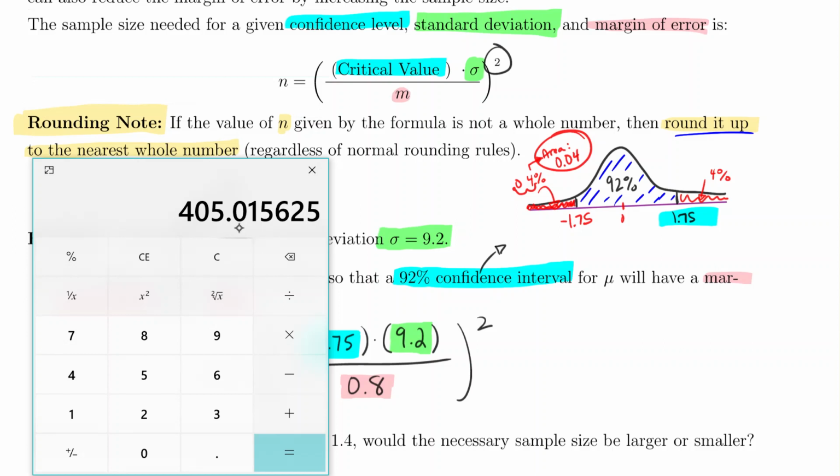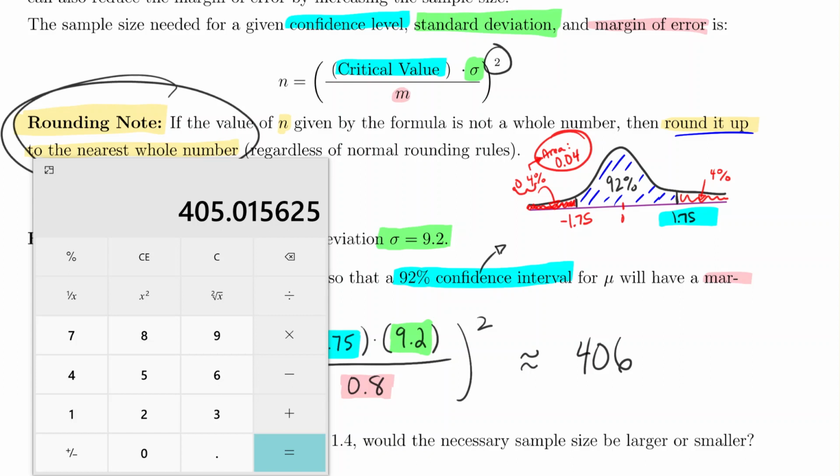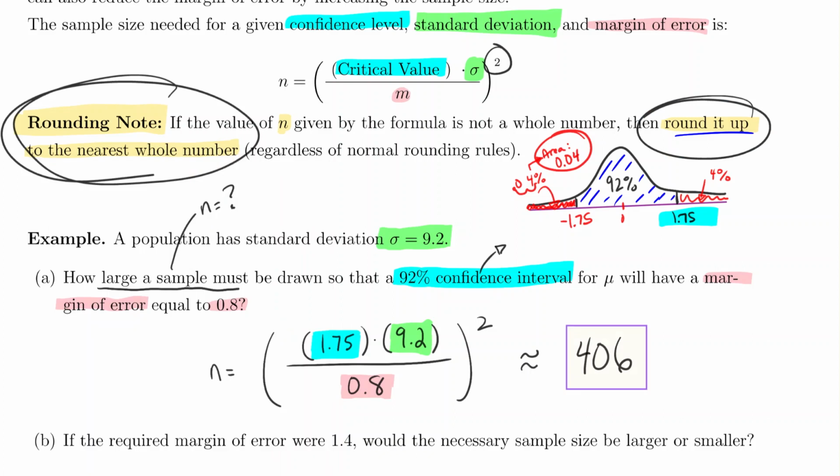So it's not currently an integer. So instead of 405, even though it's closest to 405, I must round up to 406. And just to make sure the point is clear, it's not 406 because of the rounding rules. In fact, normal rounding rules would say keep it at 405. But for this particular problem, we've got this rounding note that if you're given a decimal, no matter how close it is to the other value, you must always round up to the next integer. So we would need a sample of 406 for that level of confidence, for that standard deviation, and for that